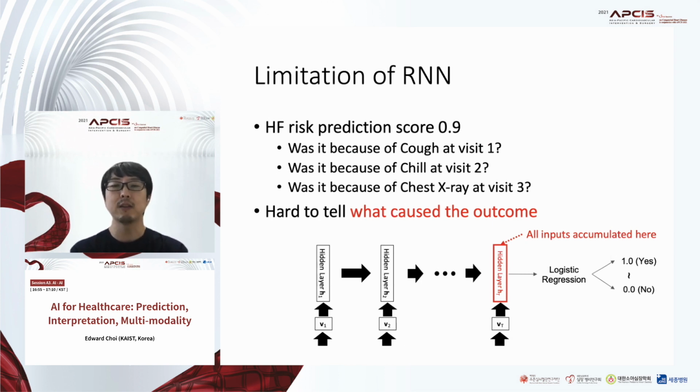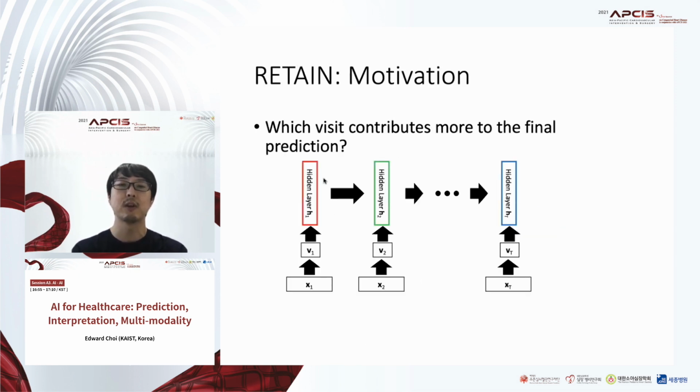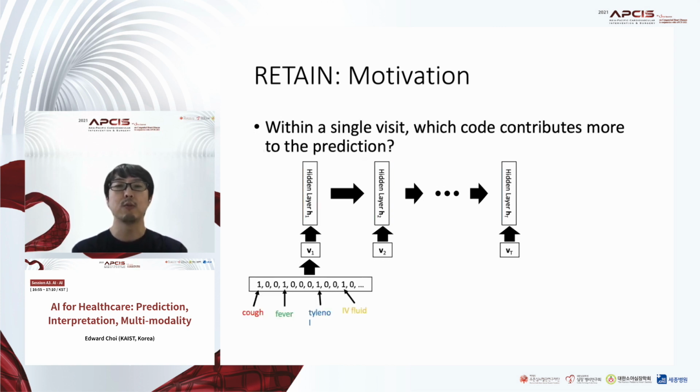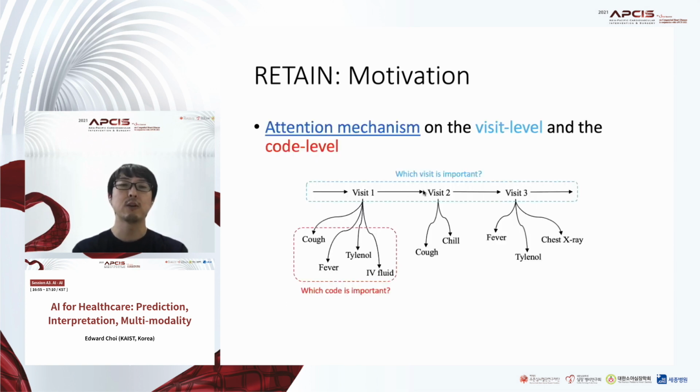why did the model make such a prediction? Like if the model says 90% risk of heart failure in the future, then there must be a reason for that. And the reason is actually broken down into 2 aspects, where the first aspect is which visit or which encounter contributed to the final prediction, and within each encounter, which code or which medical event contributed more to the final prediction score. So based on these 2 questions, the visit importance and the code importance, we can